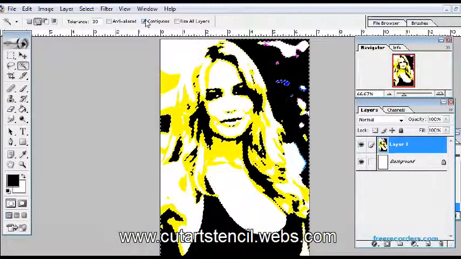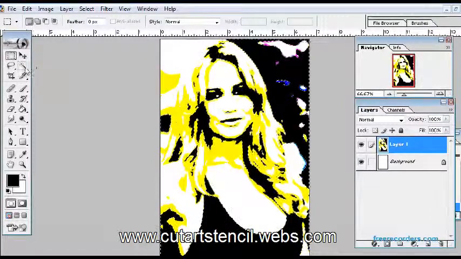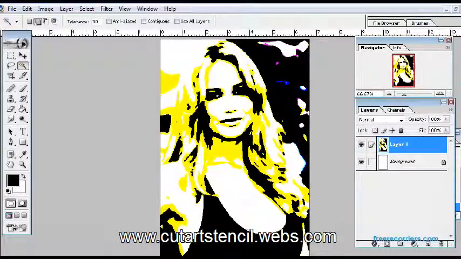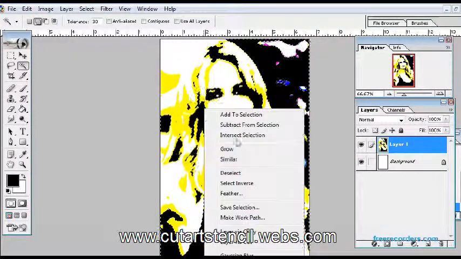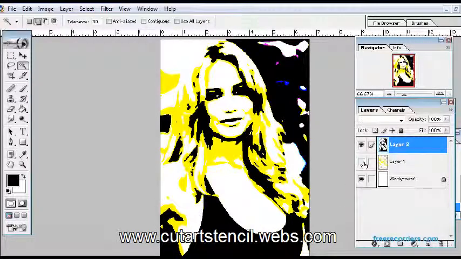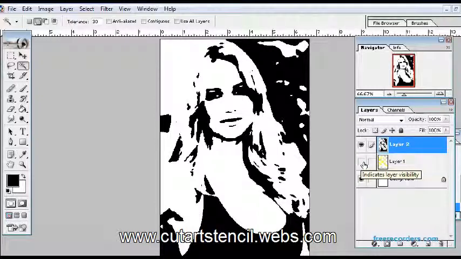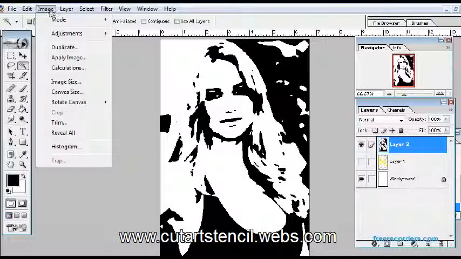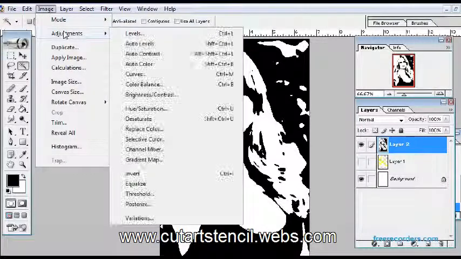And the next step you do is select the black colors that you have just made using the magic wand tool. When you use the magic wand tool, make sure the contiguous is off again so that all the blacks in this picture are selected at once. Right click on it and do layer via cut. As soon as you do layer via cut, a new layer is formed of the blacks that you have made. This includes the original black plus the red that we have converted to black. So you can see a good image of the picture, that is the stenciled format of that image.